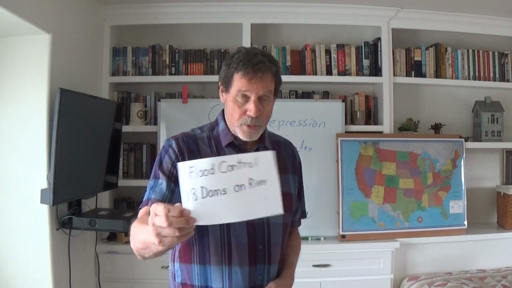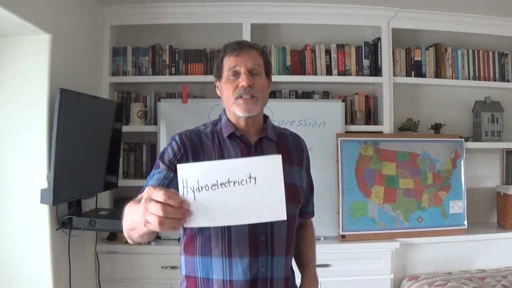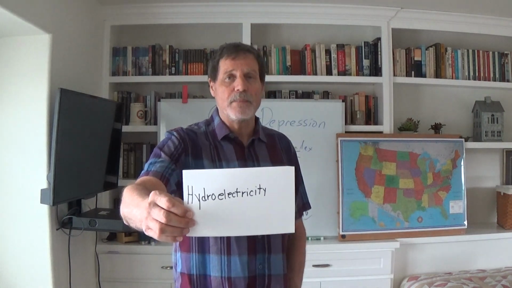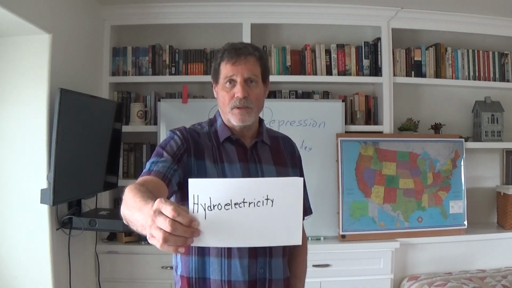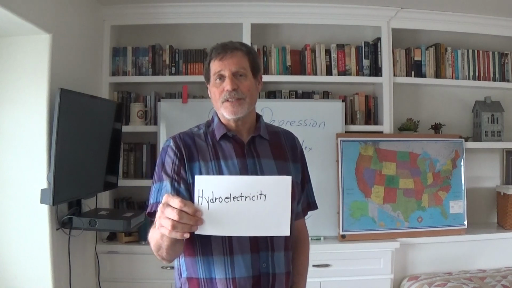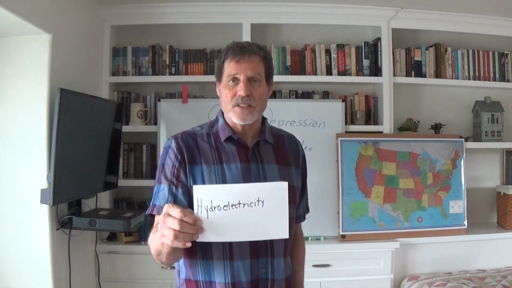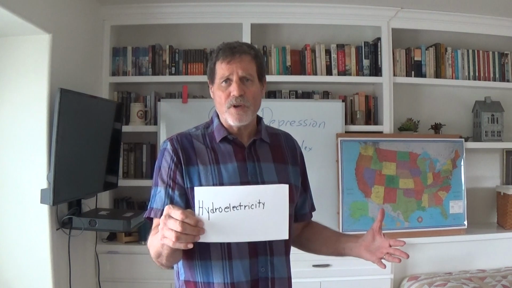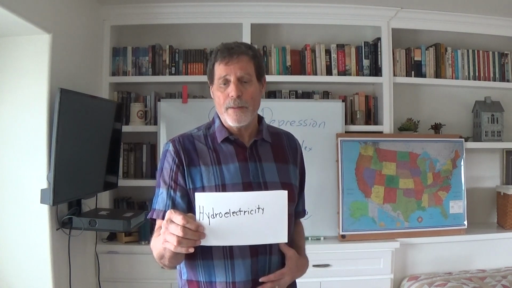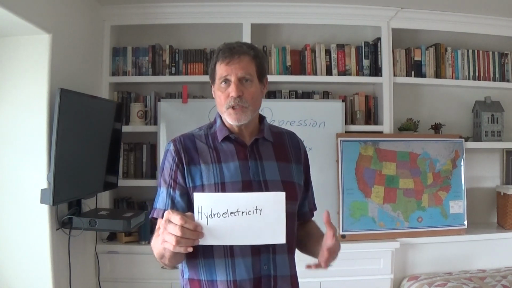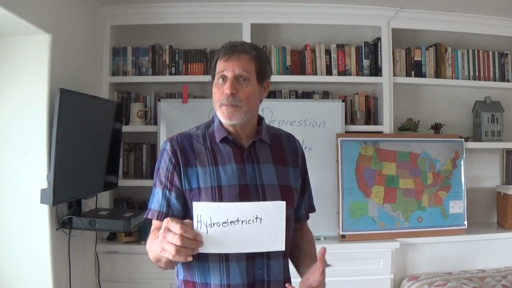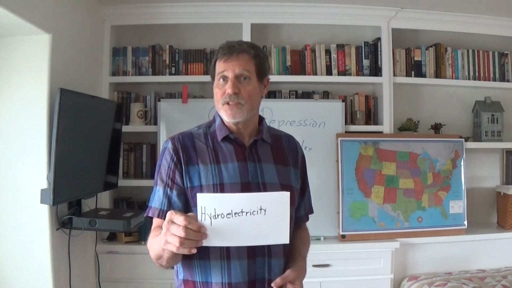But this was a big part of the TVA: to build these dams, create flood control, but also create a massive number of jobs. Now, whenever you make dams on a river, you create the potential for something else that can be very good for the economy, and of course that is hydroelectricity. So the TVA became a massive hydroelectric power project. I want you to know that the TVA continues to exist to this day, disassociated with the federal government, as a utility company for the area. But having all these dams allowed them to create cheap hydroelectricity for the people of the area and thus improve their lives in a variety of ways.